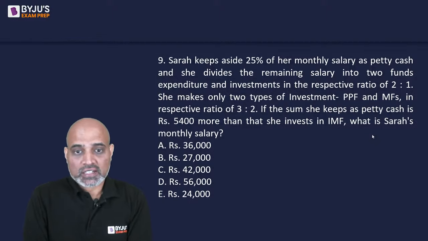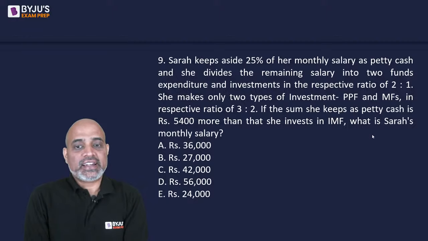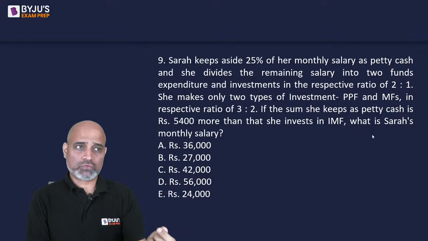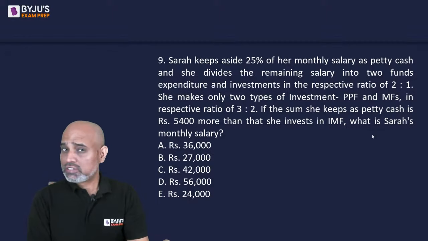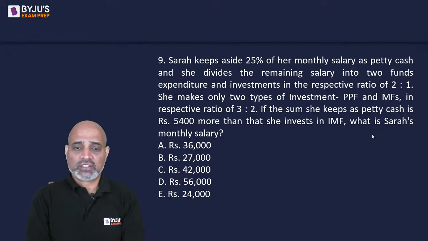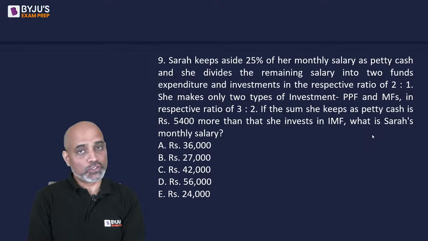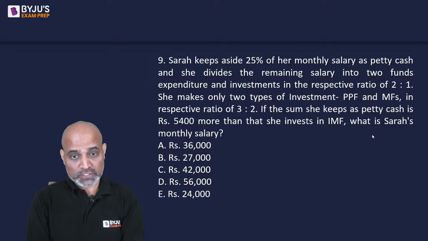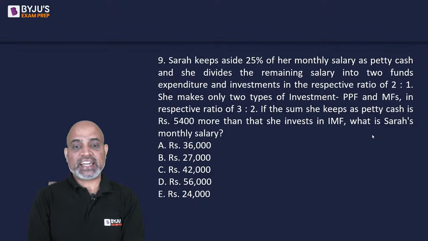Next one. Sarah keeps aside 25% of her monthly salary as petty cash. Petty cash मतलब change. ठीक है? And she divides the remaining salary into two funds, expenditure and investments, in the respective ratio of 2:1. She makes only two types of investments, PPFs and MFs, in respective ratio of 3:2. If the sum she keeps as petty cash is rupees 5,400 more than she invests in MF, what is Sarah's